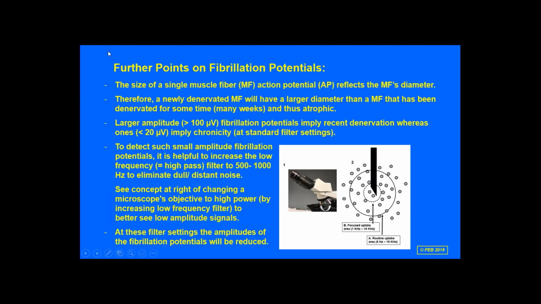So further points on fibrillation potentials, a little trick I found over the years from my doing single fiber EMG. The muscle fiber action potential reflects the muscle fiber's diameter in many cases. Therefore, a newly denervated muscle fiber will have a larger amplitude than one that's been denervated for some time, i.e. many weeks, and thus atrophic. So in case we can't really tell with confidence these smaller amplitude fibrillation potentials, I like to compare